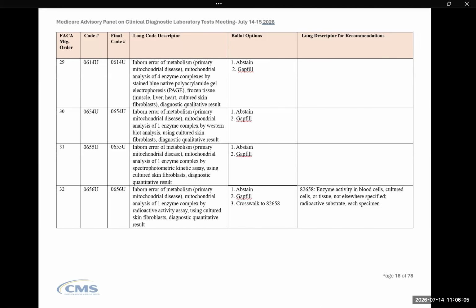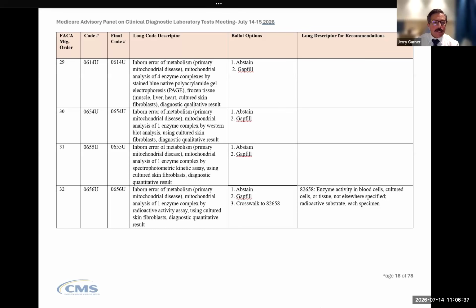Do we have any questions or comments from the panel or from CMS on this code? All right, if not, everyone please cast your votes. Thank you. All right, next up, 0656U. Yes, this is a test for inborn metabolic error of one enzyme by radioactive activity assay on cultured skin